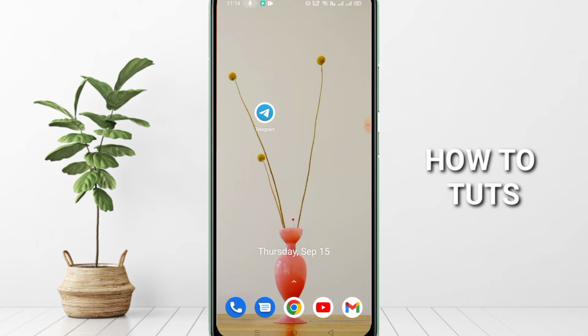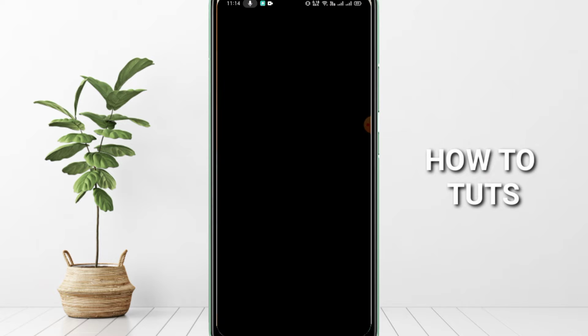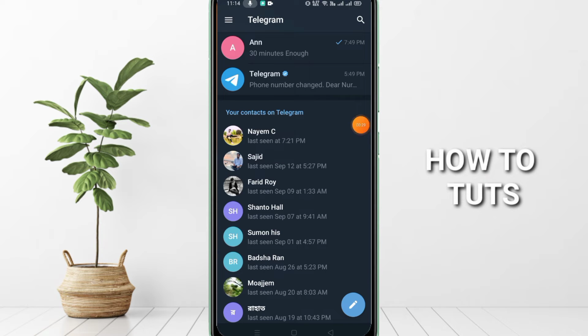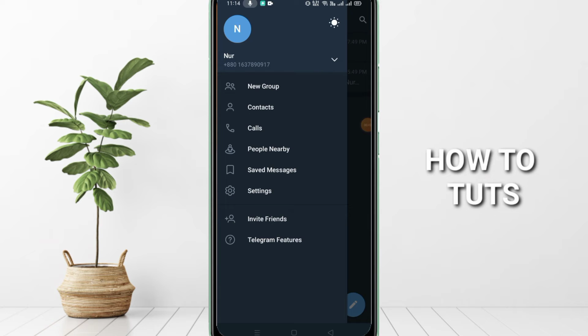Here you can see your Telegram apps. Just click on your Telegram apps, and after that what you need to do, just click the three lines at the top left corner. Here you can see options, click on that, and after that